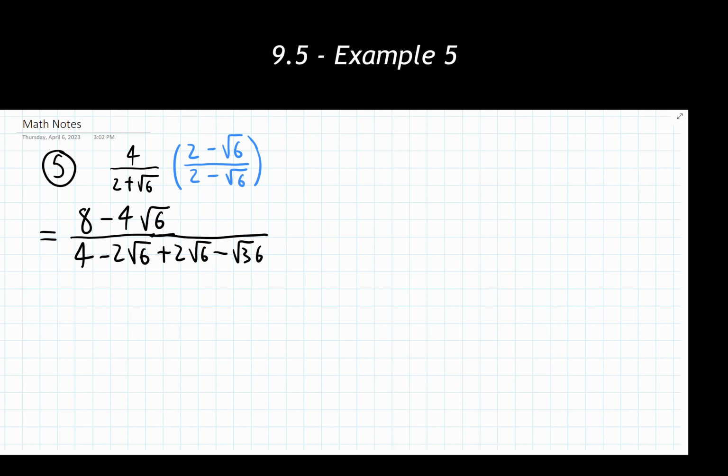I'm now going to combine like terms and cancel things out in the denominator where I can. And I'm noticing that I have minus 2 root 6 and plus 2 root 6 showing up there. I'm also noticing that I have the square root of 36 at the very end. I'm going to simplify that down because 36 is a perfect square. I'm leaving my numerator the exact same. I'm getting to 4 minus 6 showing up in the denominator spot. Combine like terms in the denominator. I'm getting negative 2.